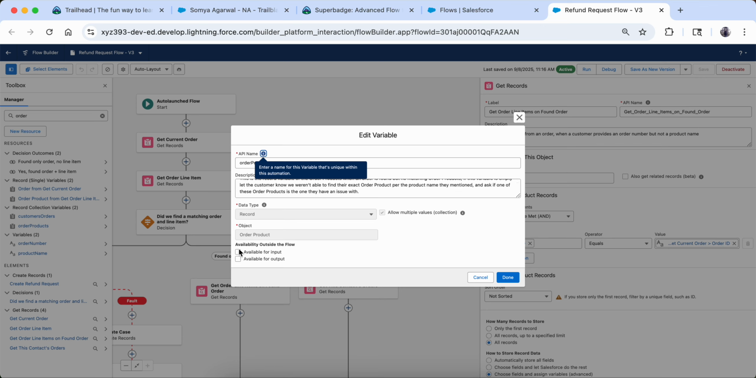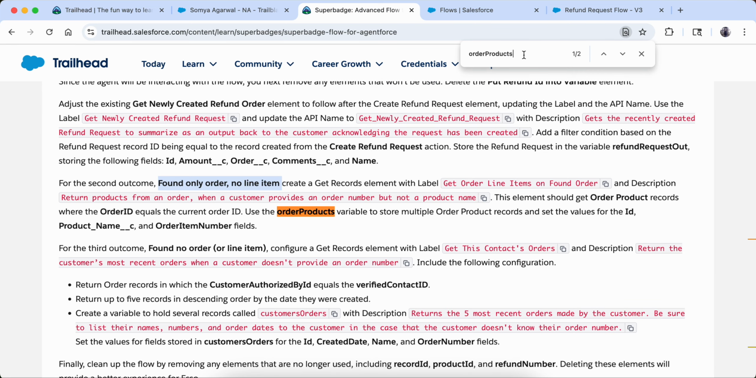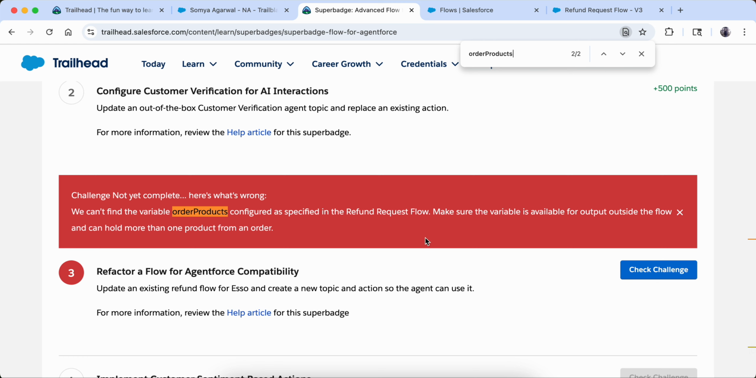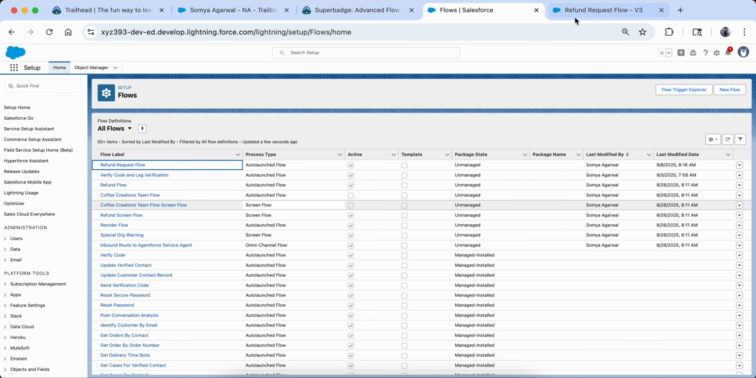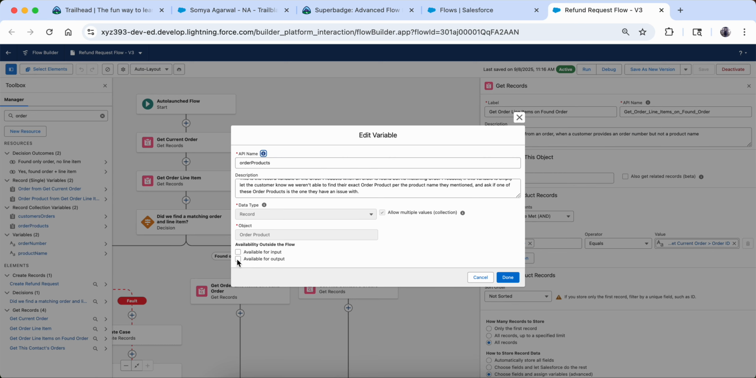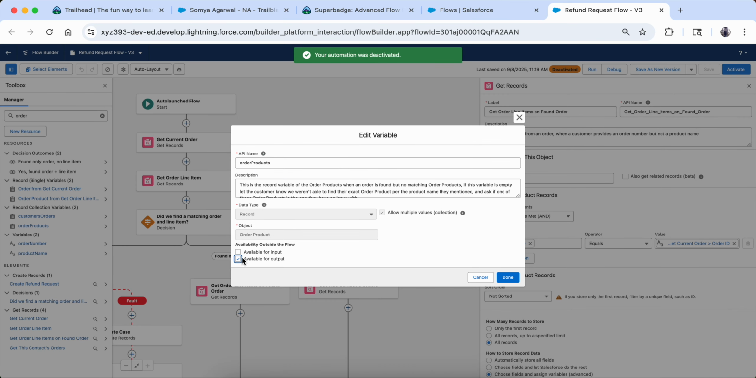Okay, yeah. So I have not selected this available for... wait, they are saying make sure that the variable is available for output. Okay, so I have not selected this available for output in this one. So this is the error. So first of all, I am going to deactivate the flow again. Okay, so I am going to go on this order product and I will select this available